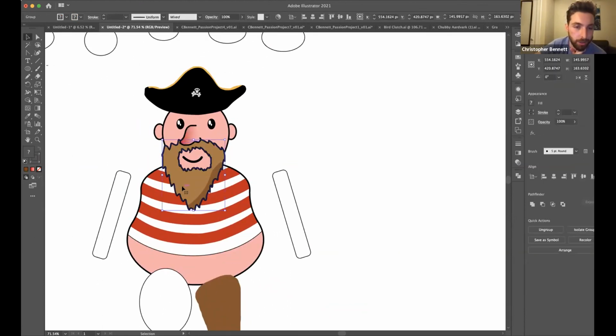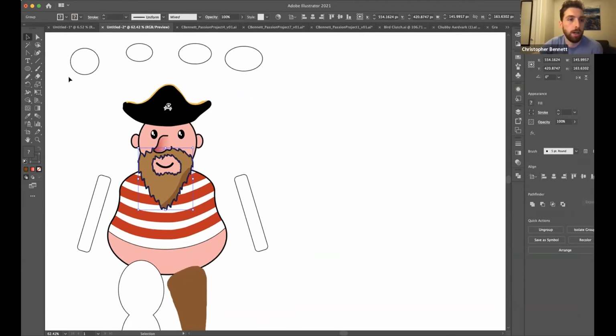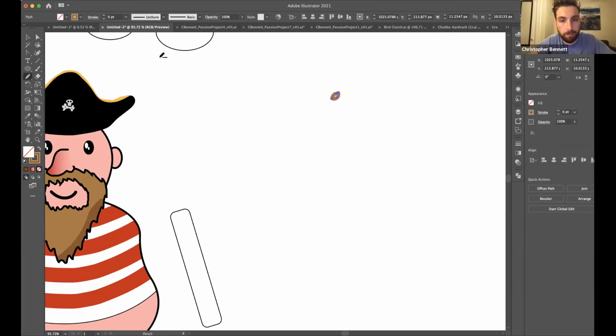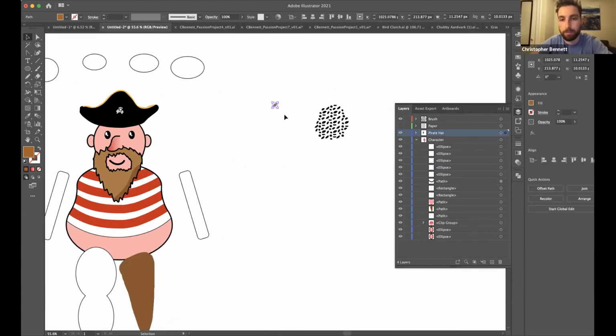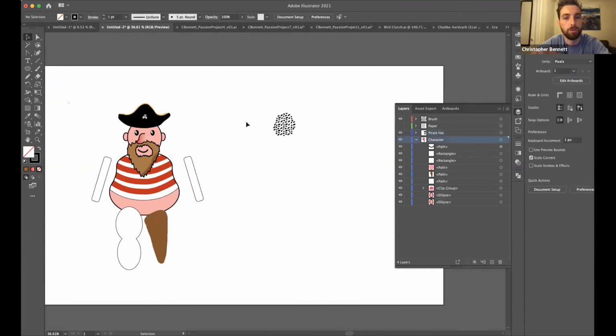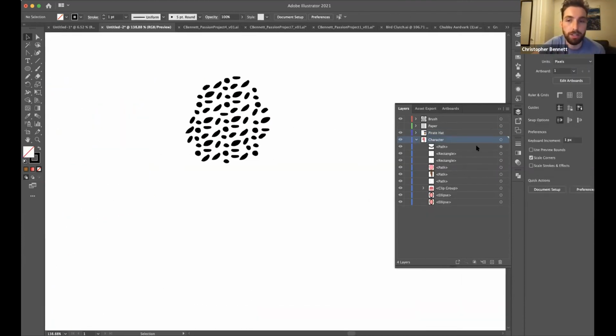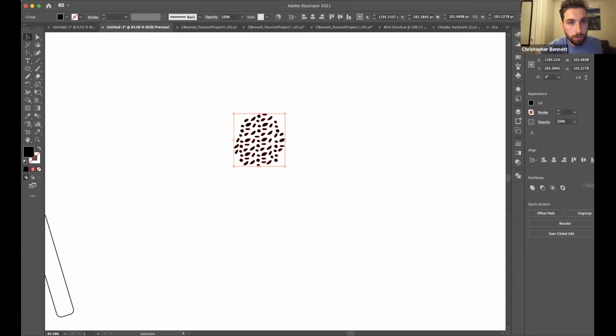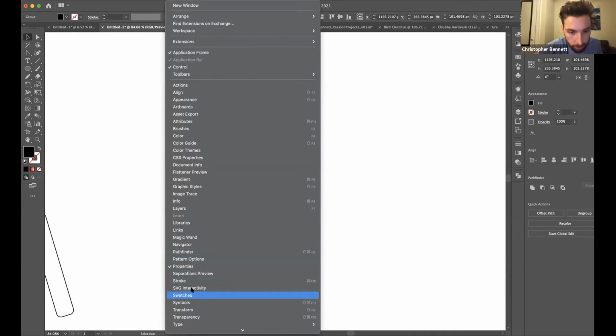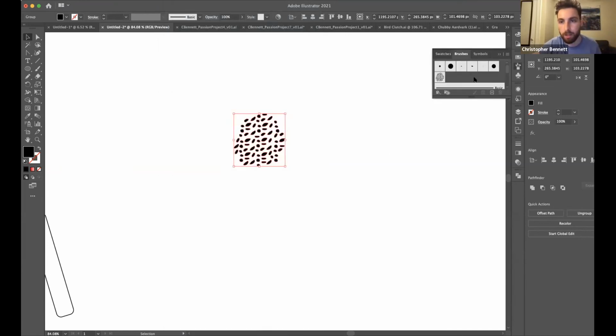And I think to add some texture to this, I learned how to make a brush. To make a brush, you can make a bunch of little shapes in the shape of a circle. And I did this previously. I made a bunch of little shapes. You can do little squares, you can do little gradiented circles. I just came up with this kind of animal print type deal. And if you highlight this, you're going to go to Window, you're going to go to Brushes,